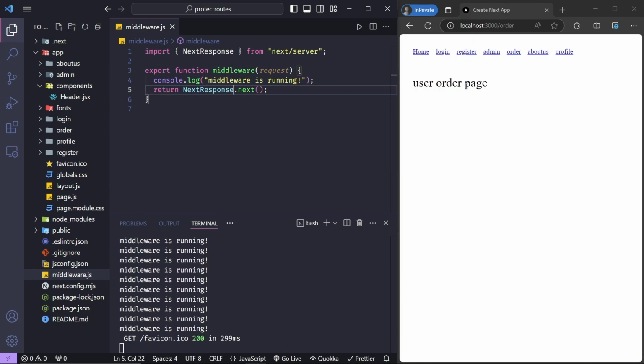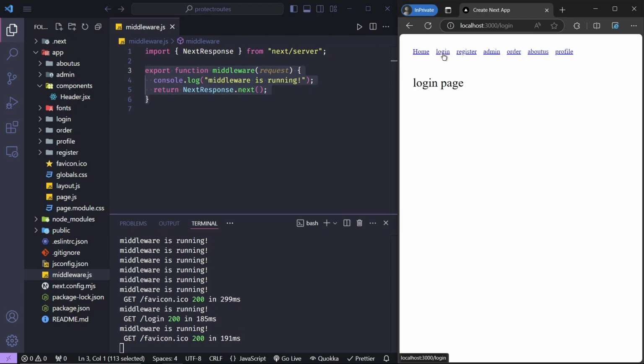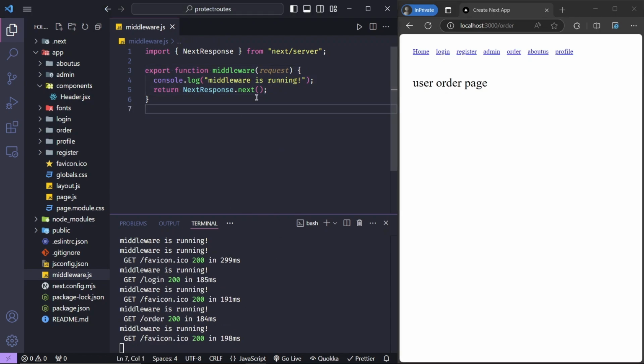So now if I navigate to any of these routes, I'll see this console log, because this middleware runs before the incoming request is completed. If I navigate to login, I'll see middleware is running. Similarly, for other routes. Middleware allows us to run code before a request is completed. Based on this incoming request,